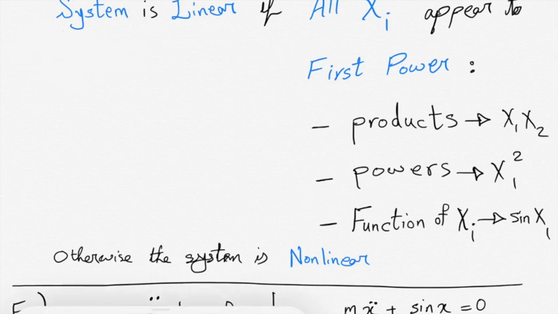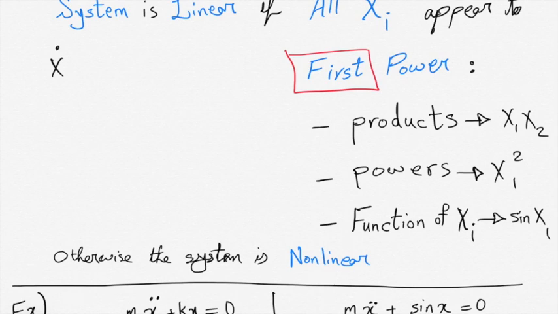We call it linear. We call our system linear if all the xi's appear just to the first power. So what does it mean? It means that you don't have such a system that